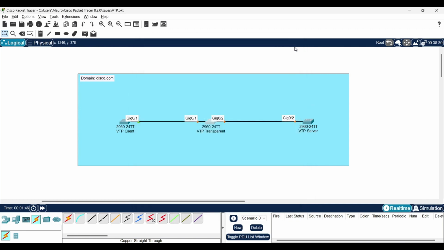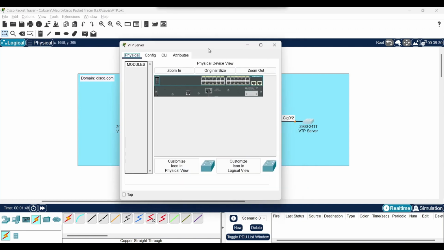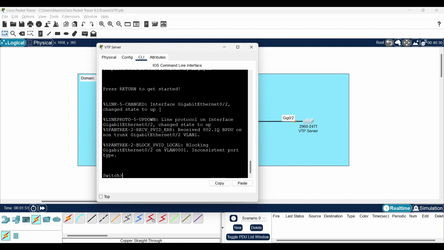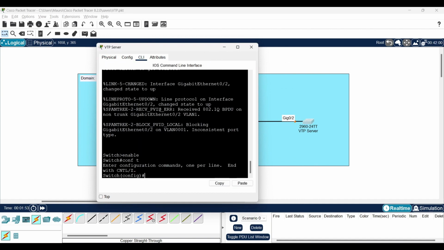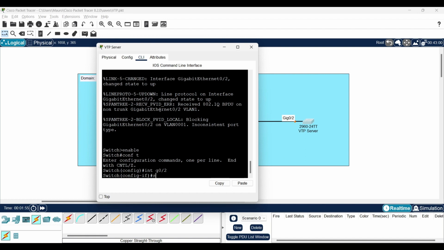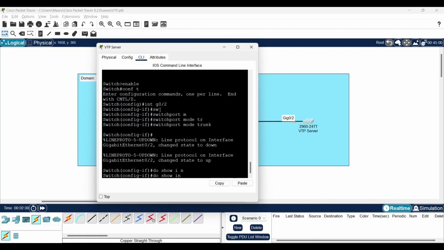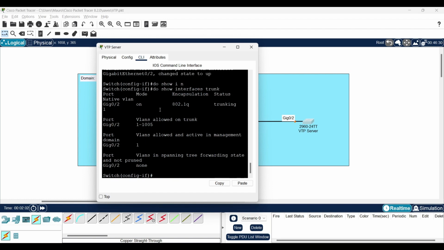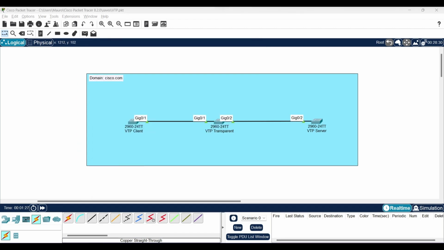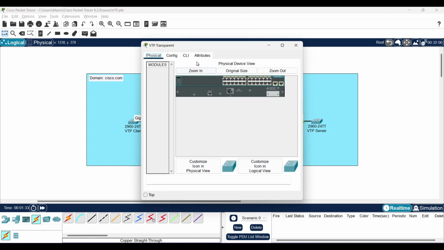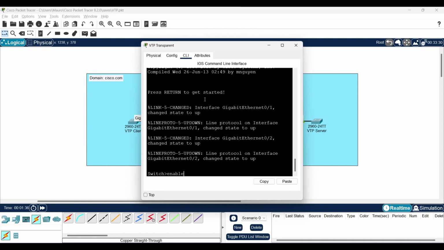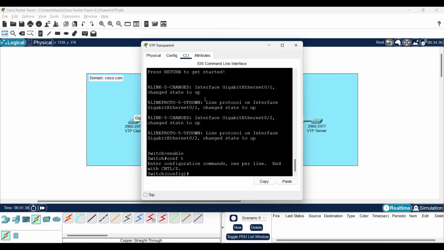And lastly, the VTP server. Enable, conf t, interface G0/2, switchport mode trunk, do show interfaces trunk. So with the trunks configured, I'm going to go ahead and start off by configuring the transparent switch. So I'm going to go into my CLI, enable, conf t, vtp mode transparent,